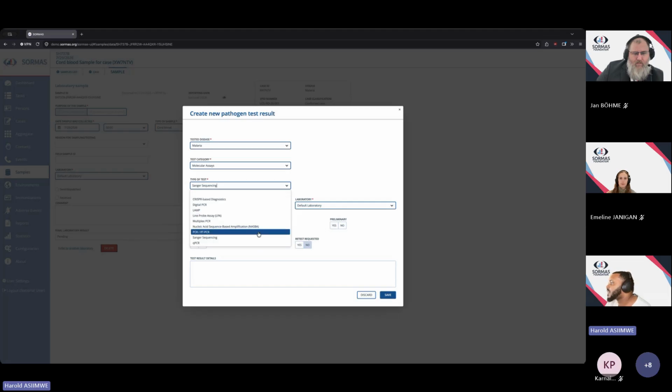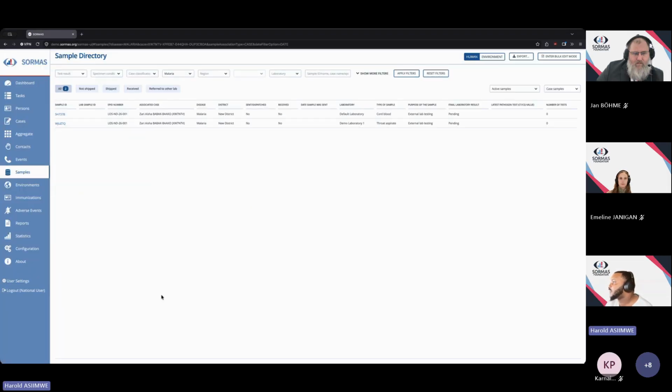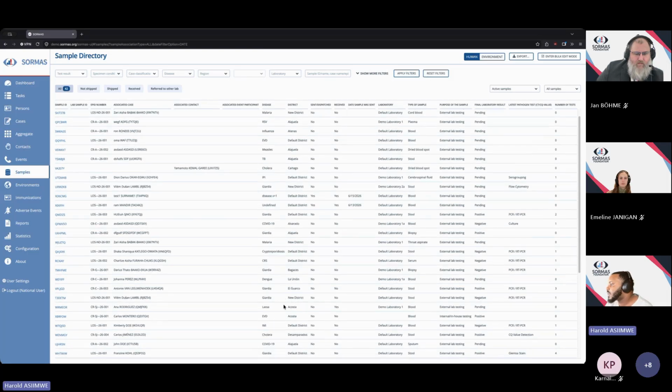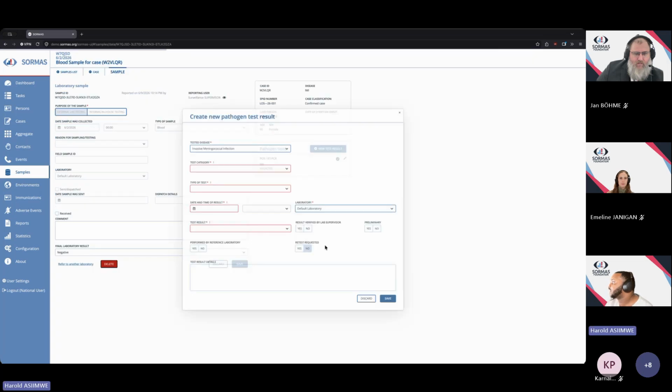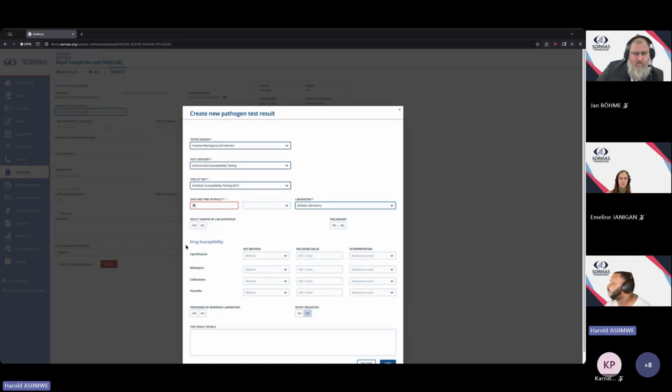Since the types of tests are now specific to a disease, the form will auto change and show the fields that are specific for that disease. Let me select another disease, samples list. I'll select IMI. If I want to add a new test for IMI, and select the antibiotics that were tested, the form shows